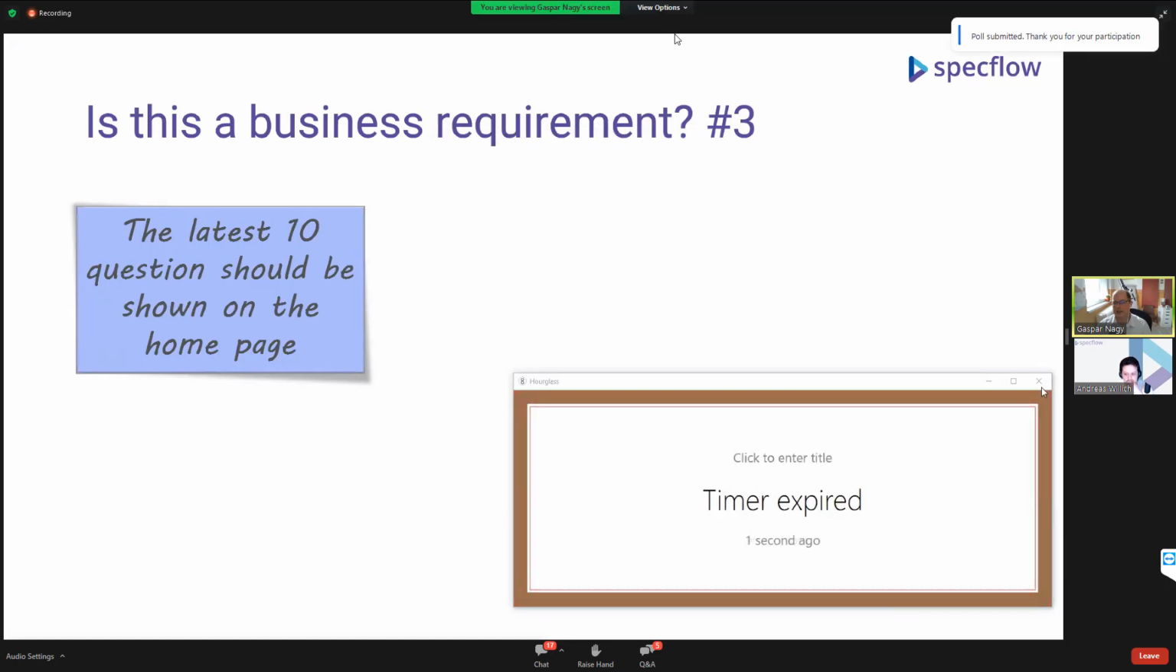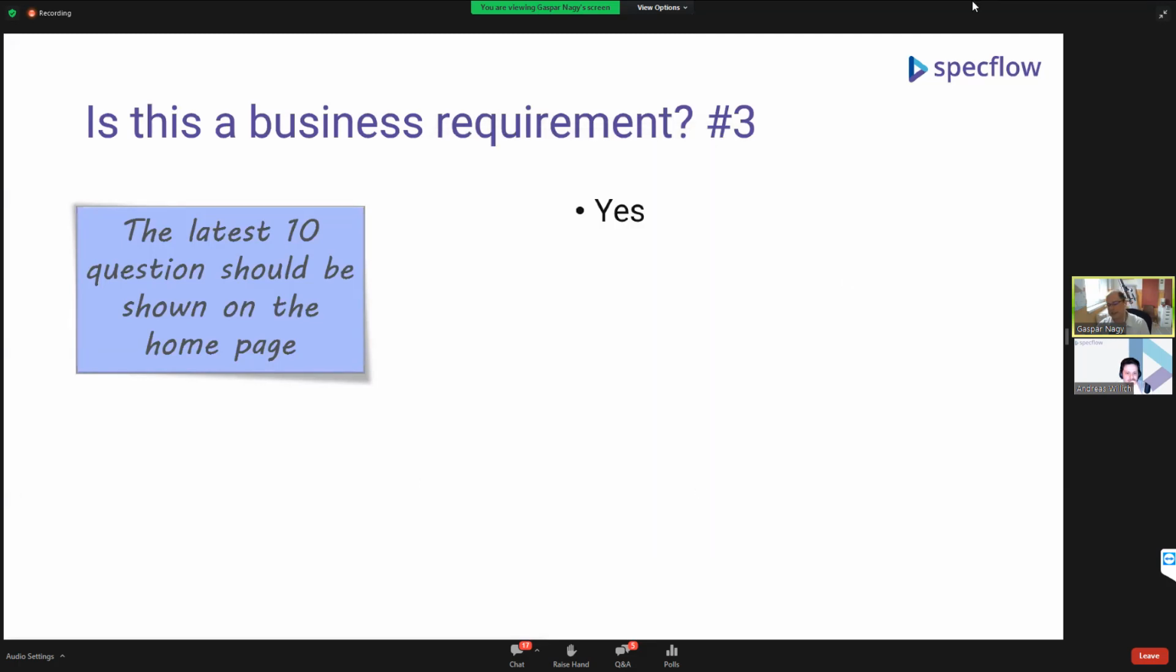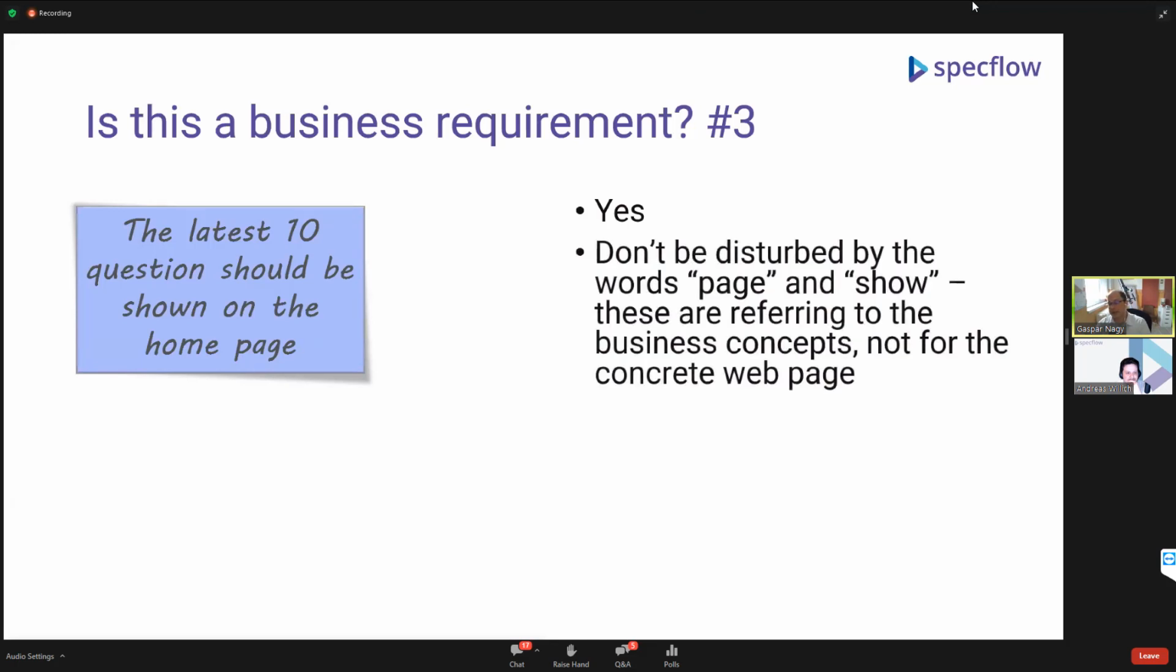Okay, hopefully you got your answers. Let's see. So most of the people were saying yes, and I can agree to that. So this is a business requirement. I wanted to make this a little bit tricky because I was using the words page and show. But just because you see a word like page or show, that doesn't necessarily mean that you are referring to the user interface details. A page is not only a user interface detail, the page is also a business concept. So a page is basically a group of details that you would like to present at the same time, and presenting or showing, that's absolutely a valid business term in your